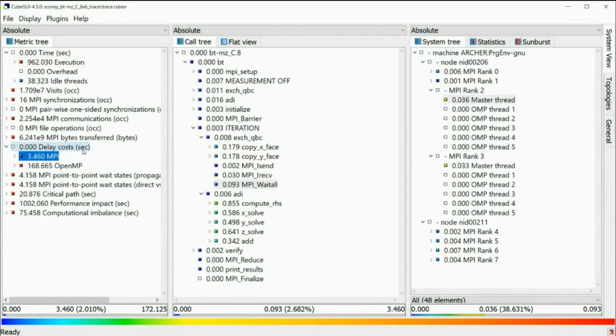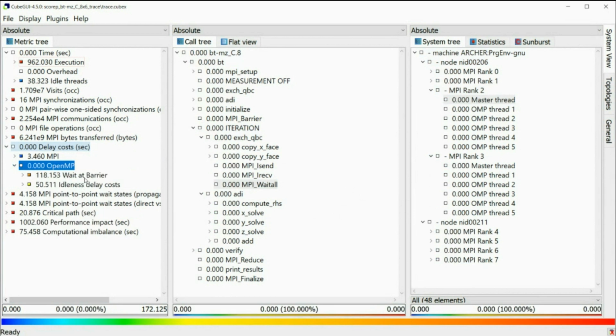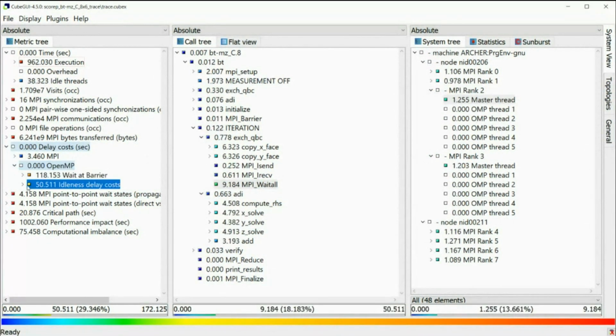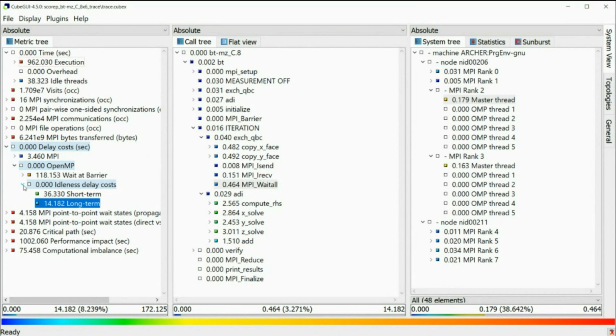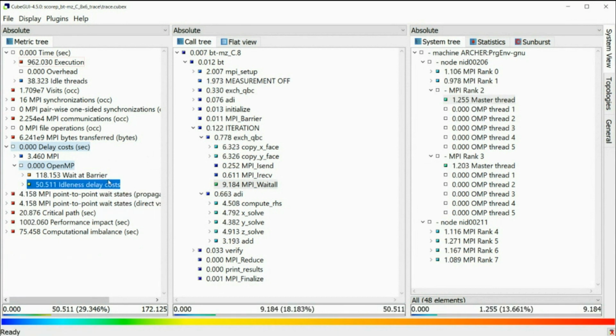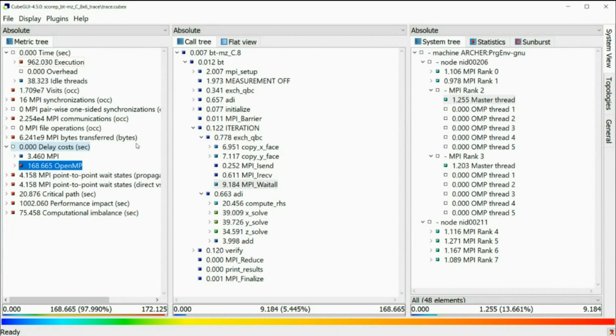Relatively little of the delay cost is due to the MPI itself. In this case it's arising from imbalances in the OpenMP, where some of those imbalances are waiting at barriers, or they're related to idleness in the computation, whether it's an immediate delay or a longer-term delay from something that occurred rather earlier, before the actual routine that initiated the communication. So there's a lot of complex metrics here which can give you insight into where the inefficiencies are in your